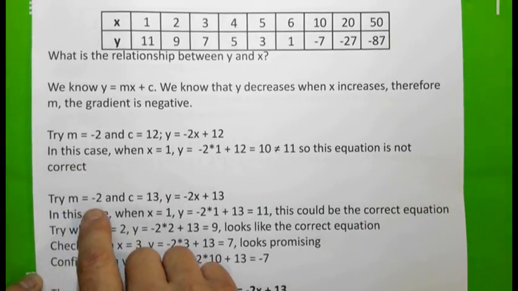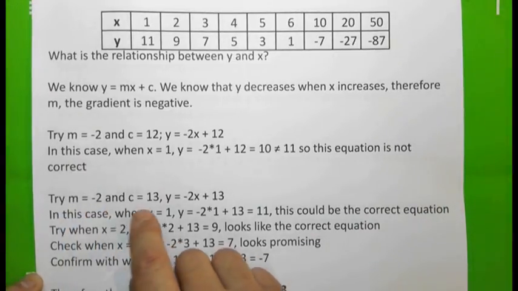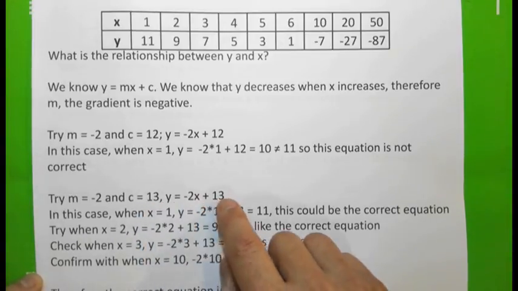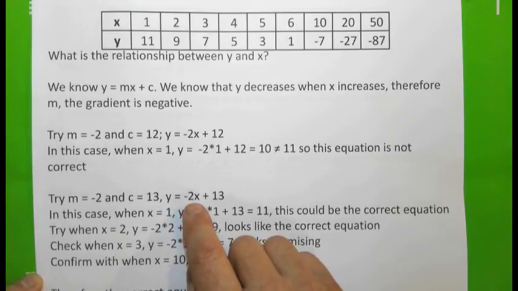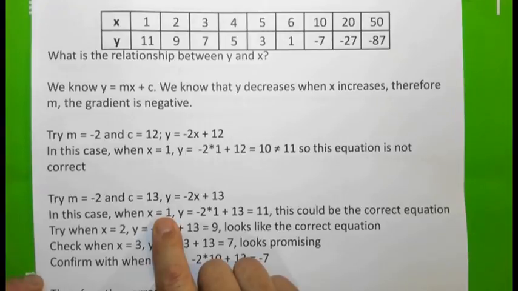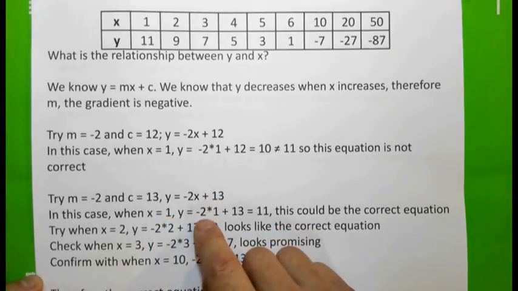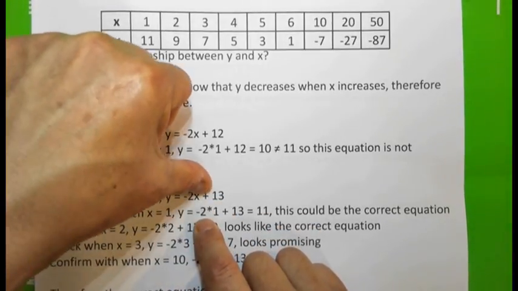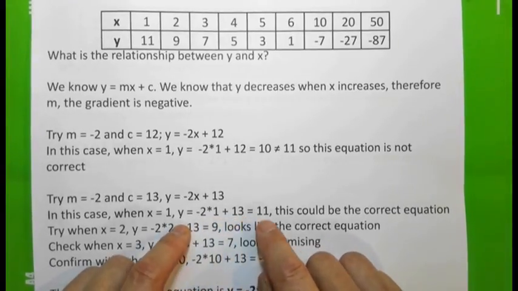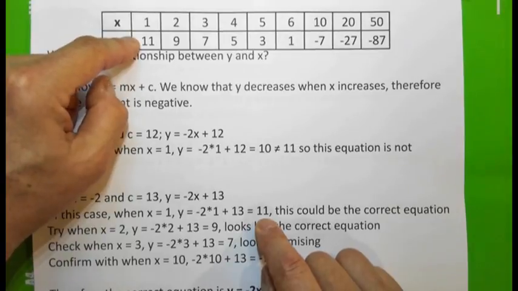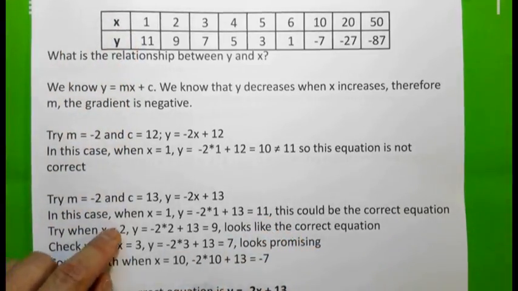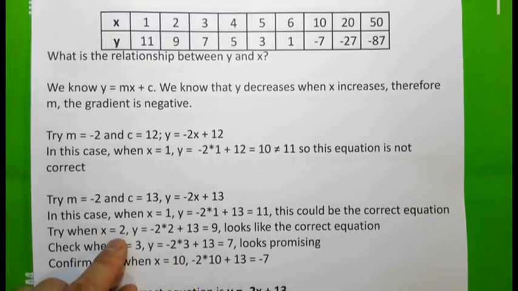This time, we still use m equals minus 2 and c equals 13. The equation now becomes y equals minus 2x plus 13. So in this case, when x equals 1, substituting 1 into this equation, y is minus 2 times 1 plus 13, and that's 11. Look, that is promising. Repeating the same process for 2, 3, and 10, we find that when x is 2,